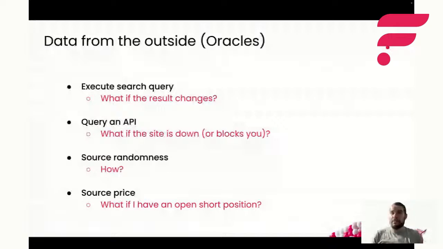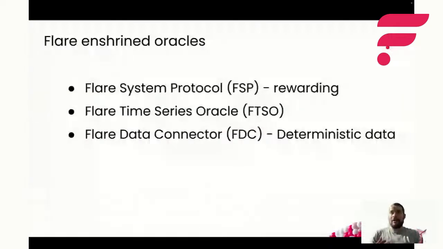And well, how do we do this? Well, on Flare, we have these enshrined oracles. Why enshrined? Because we push the oracles directly into the protocol so that we make sure that the data cannot be tampered with, the data is secure, and the data is always available. And to do this, we use a few protocols that have names. Currently the top-level protocol is the so-called Flare System Protocol, the FSP, and the FSP makes sure that all the sub-protocols function properly. This is going to be explained in quite some detail by one of the engineers designing and building it.